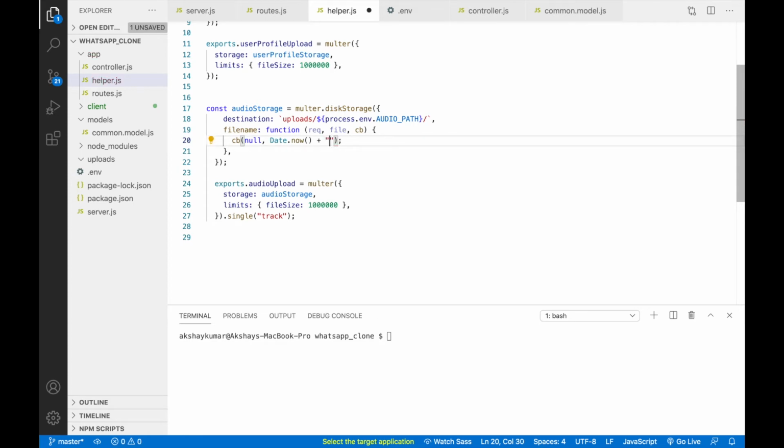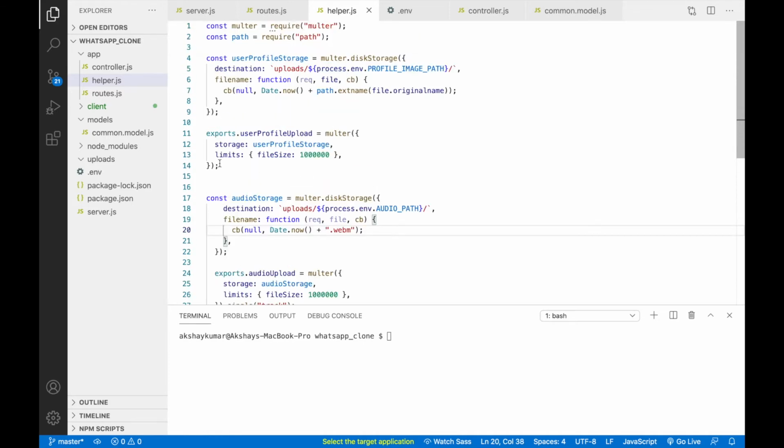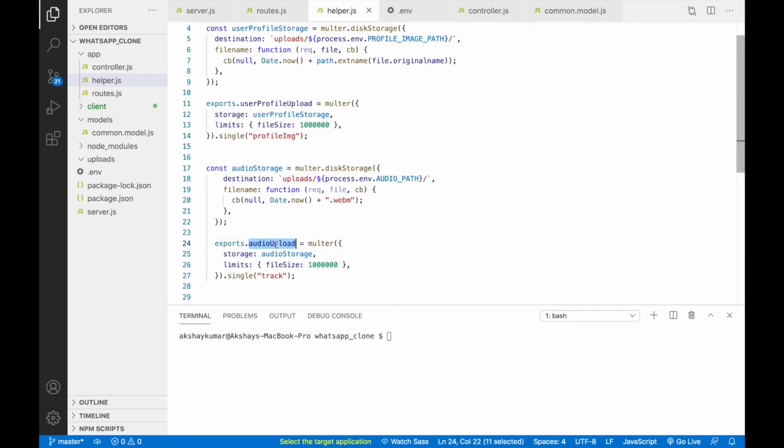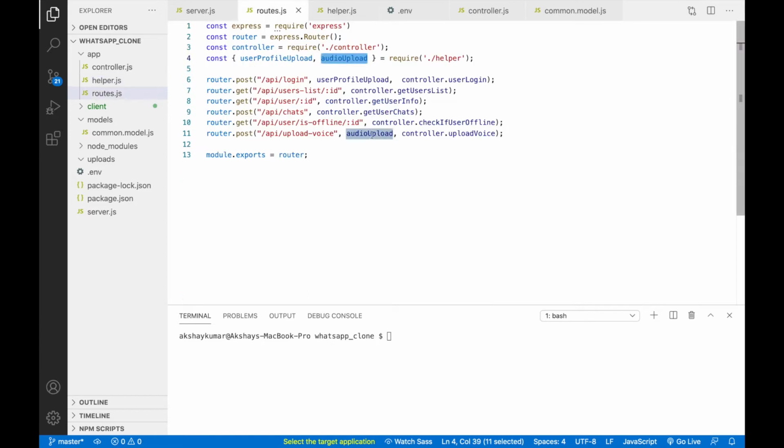We can directly write .webm. Okay, I'm sorry, I forgot something here. We have to pass profile image. This is also done. So inside this we already passed the middleware.